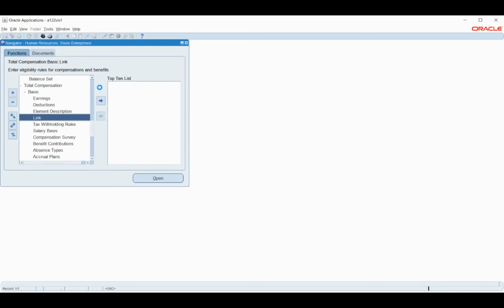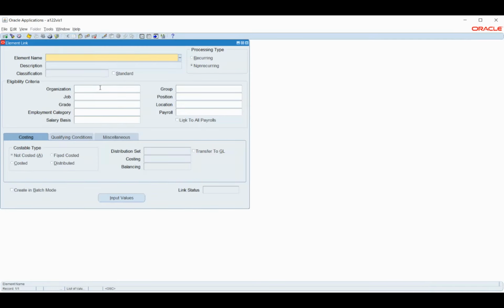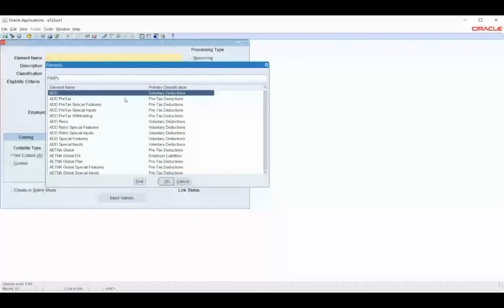What this will do is ensure that whatever element we are creating will have an attachment with our payroll. The link between them means our payroll will be automatically linked with the employee. Let's say I have two different payroll runs: for one, I might have management people attached, and for the other, the other employees. This way, if I want to segregate, I will be able to segregate as well. Now I'll give the basic pay.